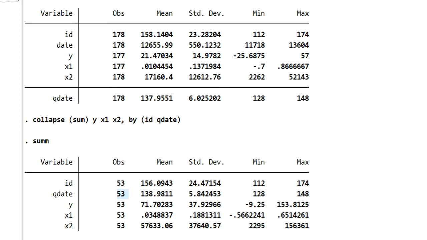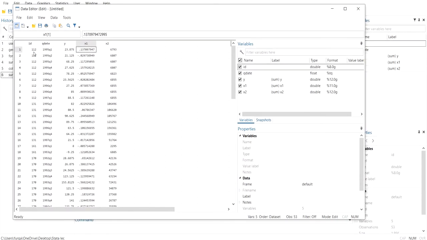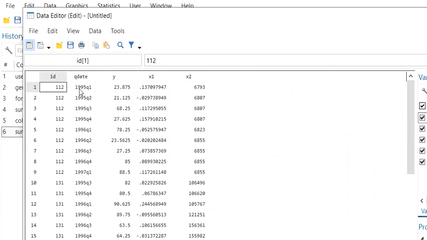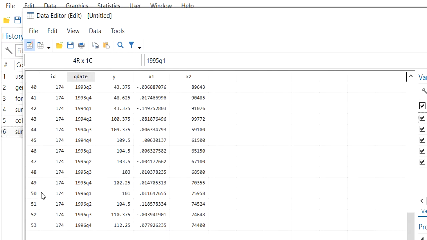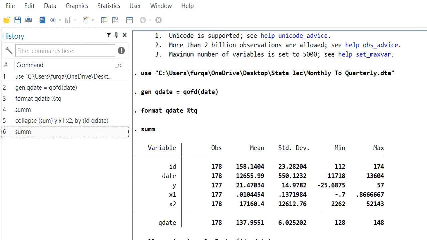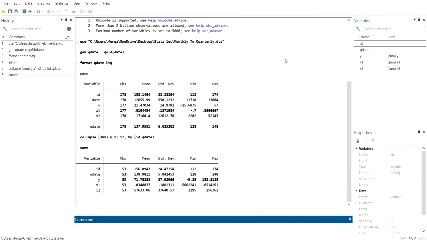If you look at your data, now we have id, qdate, y, x1, x2, but with quarterly dates, and the number of observations has decreased to 53, because when we create quarters from months, it decreases the observations. That's how you can convert your monthly data into quarterly data.